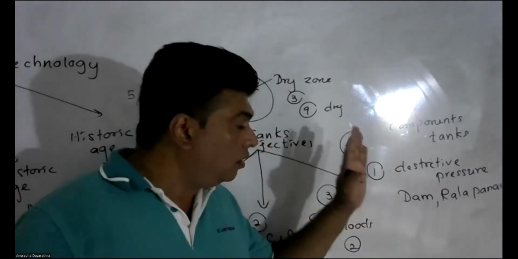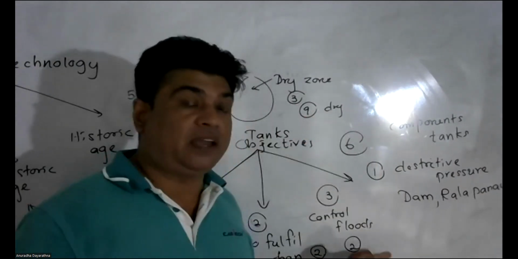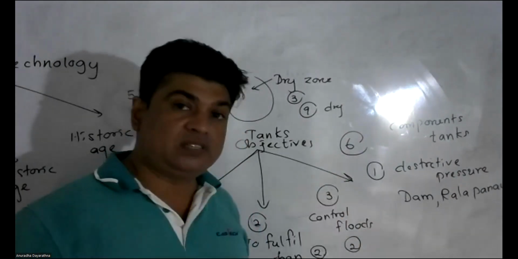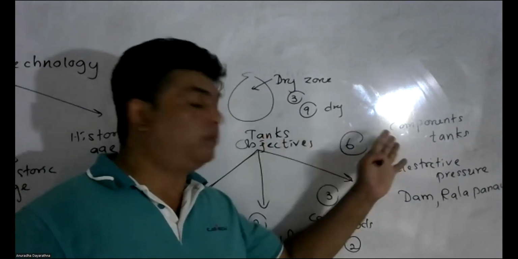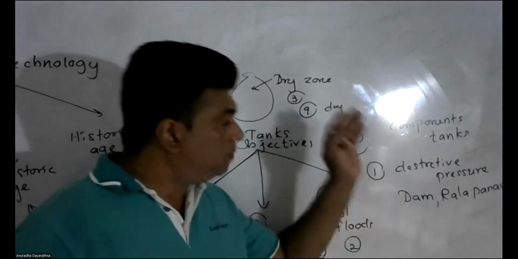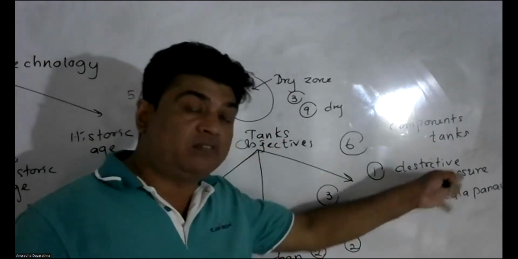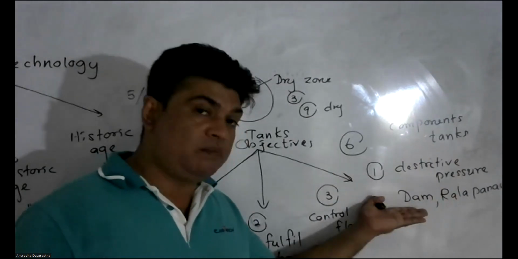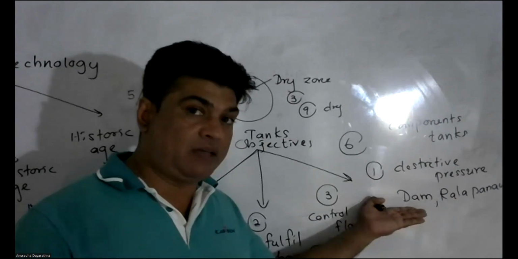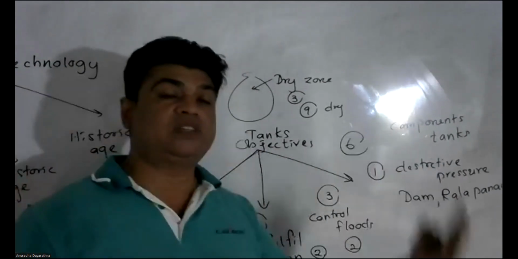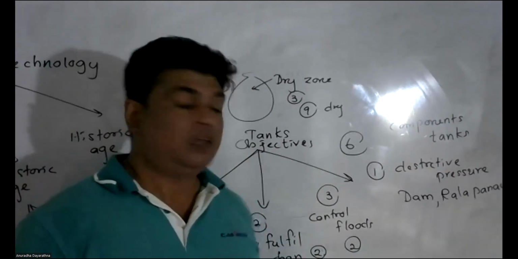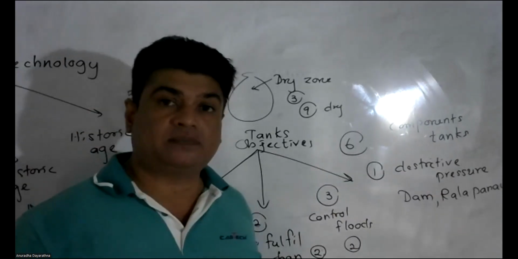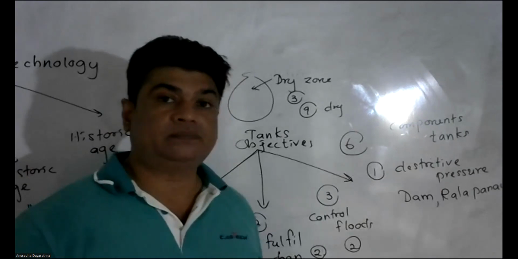When you are explaining that, normally the question is given in this way: take two components of a tank, explain the structure and the function of those components. Now, when you select the dam as a component, you have to explain how it was constructed. That is known as structure. And what is the function? The function is this one, the challenge that the engineers faced. So that you would explain.